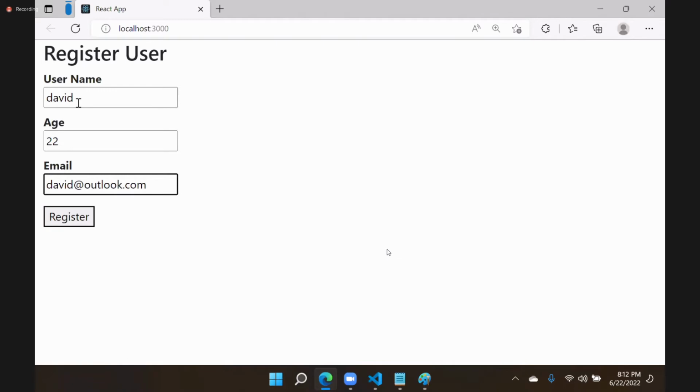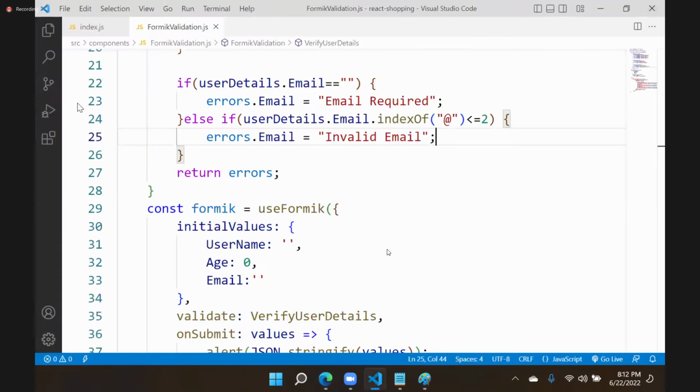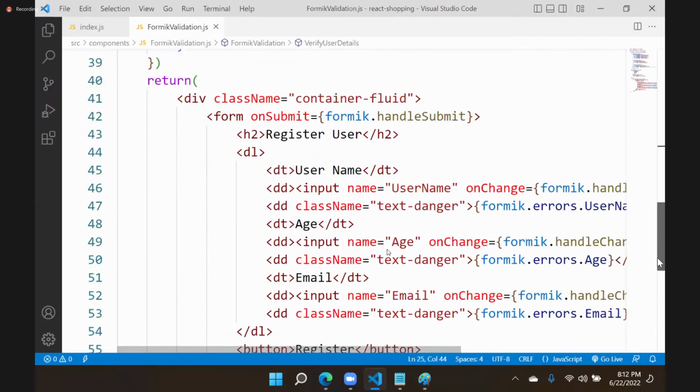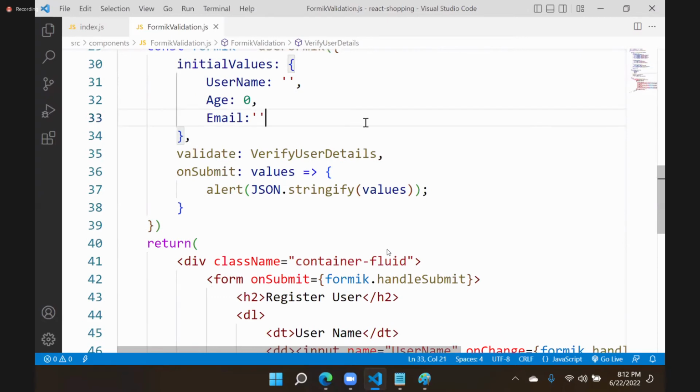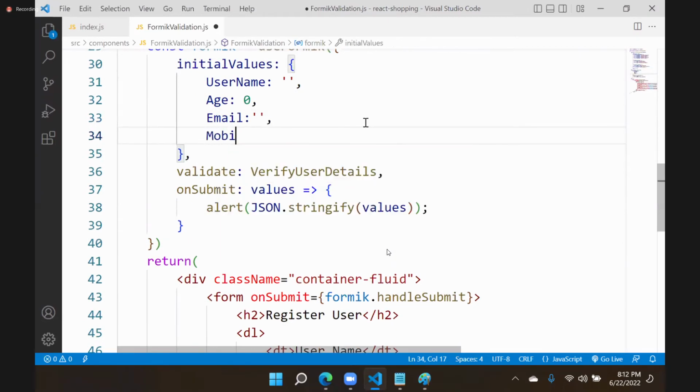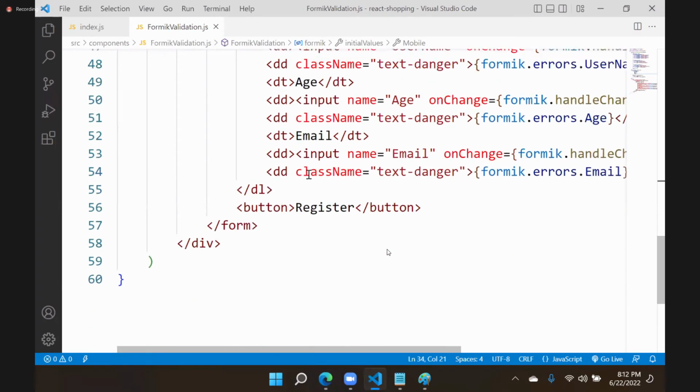Then it is okay. Everything we need to verify. And many times we have to use patterns. You learned patterns already; we have to use them many times to verify. For example, suppose I am adding another field called mobile. It is a string type. And here I am adding another data term